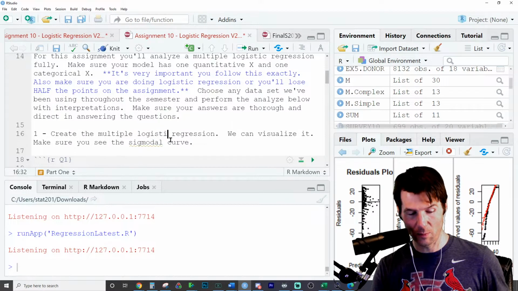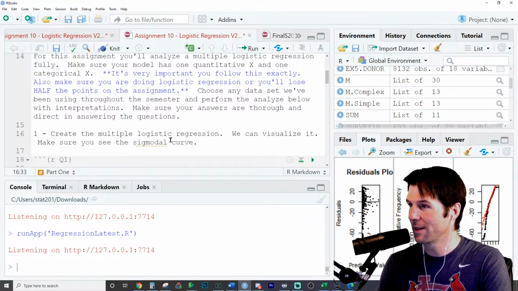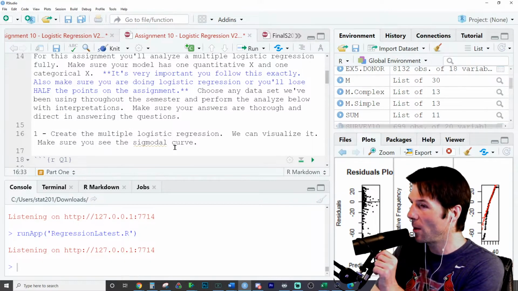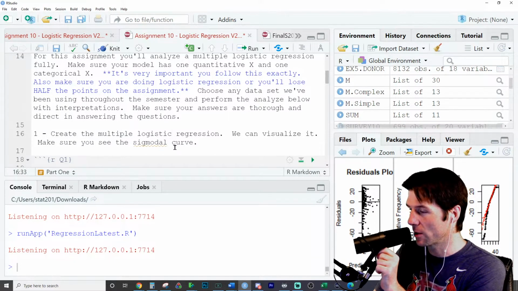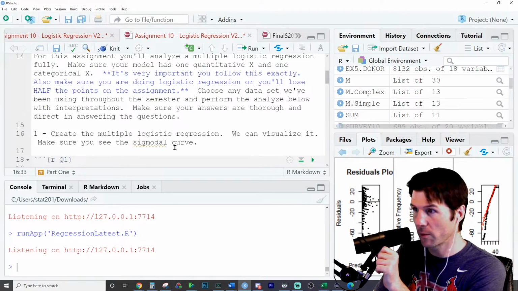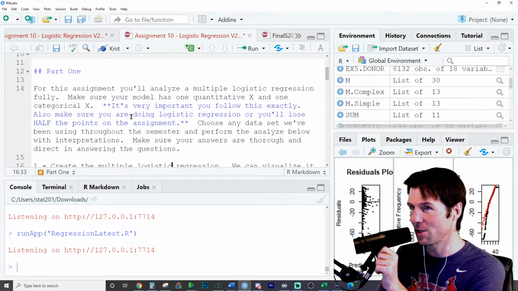It is logistic. Please make sure you're doing logistic. I'm going to have to be a little bit nice on the grading on this. Nicer than I would like to be. As in, I'm probably going to have to give someone points if they're not following the instructions properly. At least the intended instructions. So please do logistic. It's going to majorly help you for the test. If you don't know how to interpret logistic, it's going to majorly hurt your test grade. This is all logistic, hence why the assignment's named logistic, hence why it says multiple logistic.